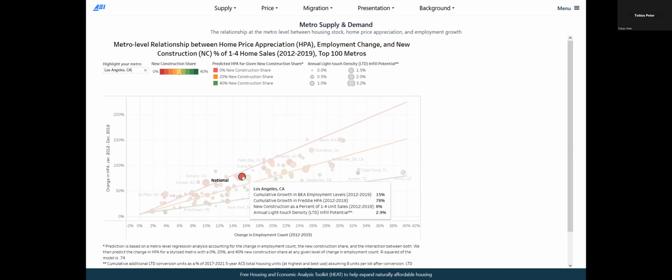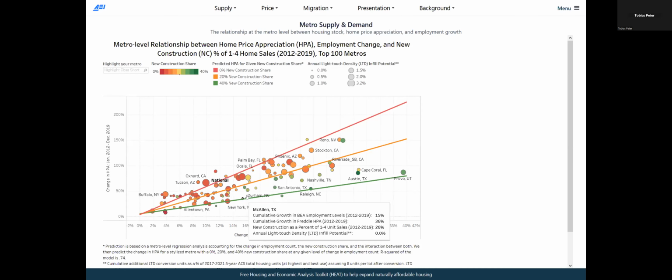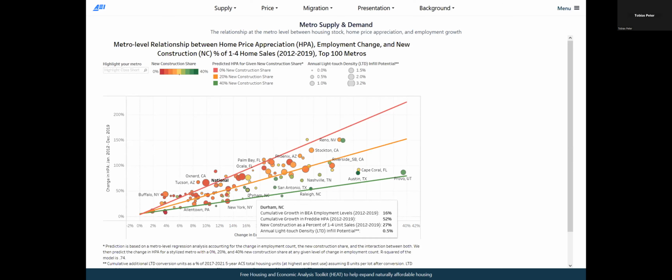However, if you look at New York City, for example, which is this little dot in green, had about the same amount of employment change. Not New York City, the one to the right next, is it Durham maybe? Yeah, that one here, McAllen. Yeah, let's stick with Durham. Durham, McAllen, as you can see here, they had about the same level of employment change, but their new construction share of sales was 27% or even higher in the case of Durham,